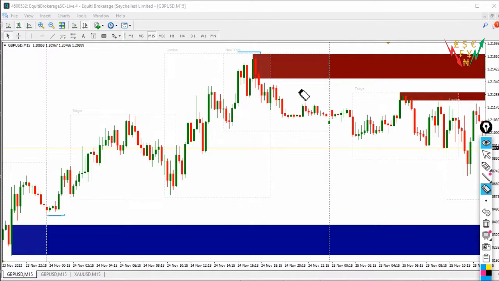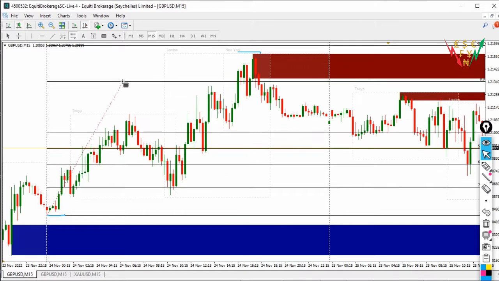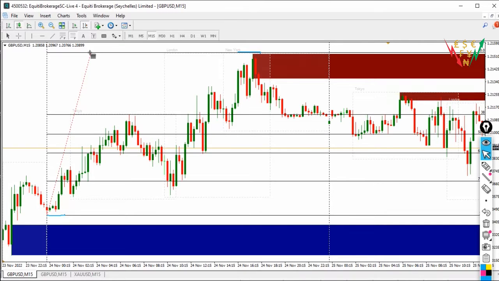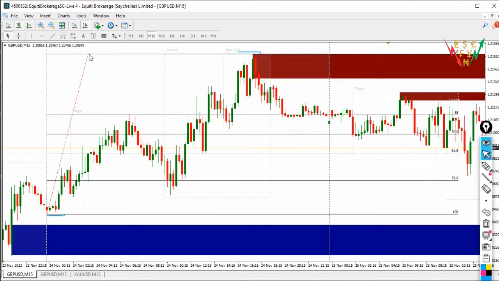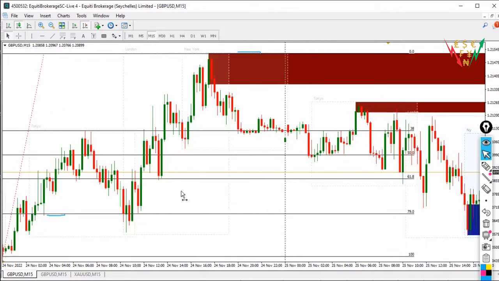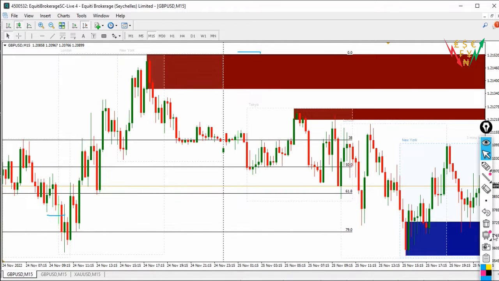We don't really want to know what happened here. The reference here is just that it started bullish and it ended bullish. So with that we have our Fibonacci reference from the lowest point to the highest point. Simple, right? Okay, so the next thing we want to do here is